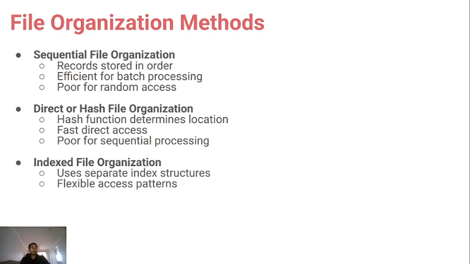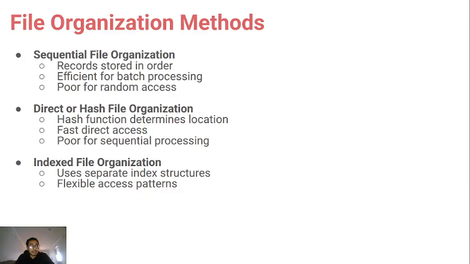Okay. So now let's talk about file organization methods. The first one is sequential file organization. In this method, records are organized in a specified sequence, usually by a key field. To access a record, you must first go through all previous records. This is efficient for batch processing, which involves processing all records, but slow for random access. Consider it like a cassette tape. You must fast forward through tracks to get to the one you want. So everything is done in a sequence in sequential file organization.